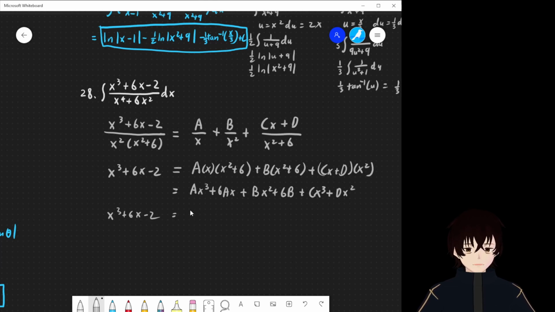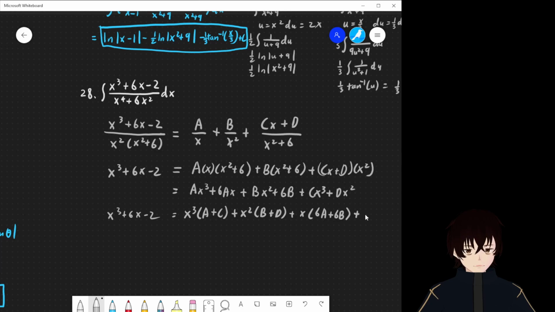Alright, for x cubed we get a plus c, and x squared as b and d. In terms of x, we have 6a plus 6b and